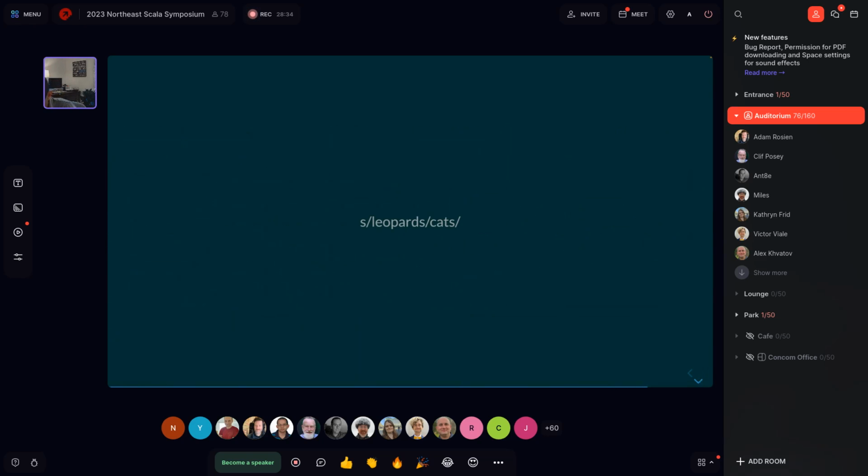So then the question becomes, if this is all great, what about Cats? Should we take these ideas from this Leopards package we've been building up in this talk and turn it into the next version of Cats? For me, what that really comes down to is this. The first line is what we have today when using Cats 2 with Scala 3. We have this import, cats.syntax.all, and it gives us all of the derived operations, all of the syntax we need to call things, like calling map on an arbitrary F of A given a Functor.